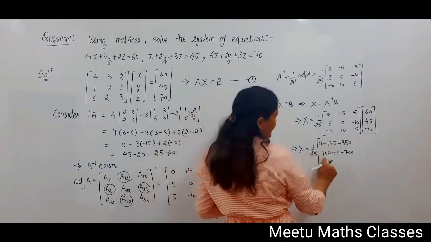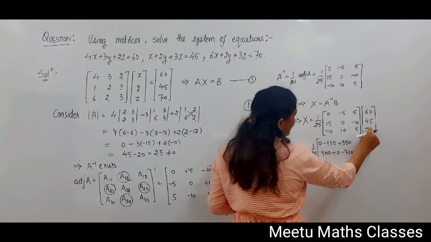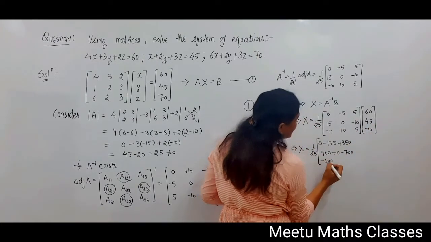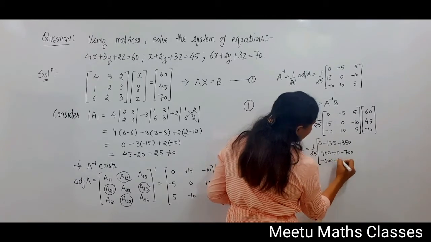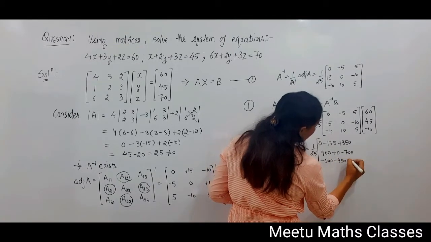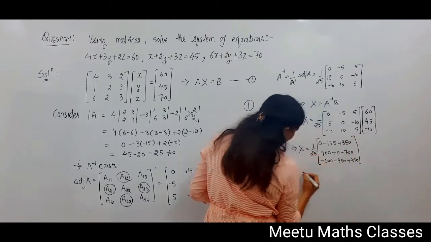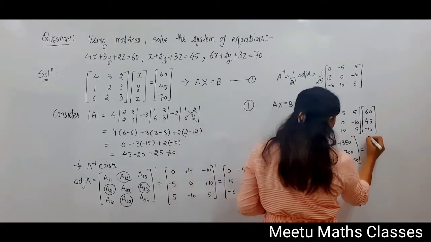Then A31, the third row with the first column, you are going to multiply: minus 600 plus 450 plus 350, and that is equal to